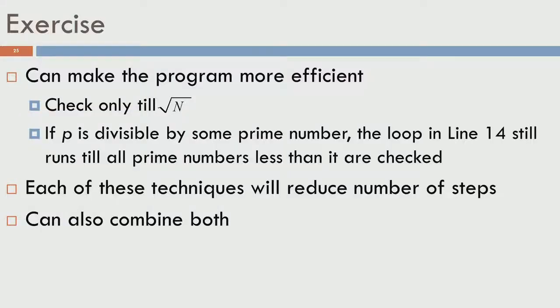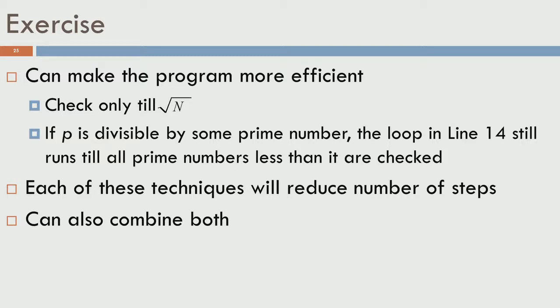So, for example, when we checked 15, we would have checked 2, 3, 5, 7, 9 and so on, if you did not account for just the prime numbers. If you checked only the prime numbers, you would have still checked 2, 3, 5, 7, 11 and 13 also to check for 15. But there is a small mathematical property that if you are looking at a prime number, it is enough to check prime numbers that are less than or equal to square root of n. You do not even have to go to the last prime number that is less than n. So, you can make that change.